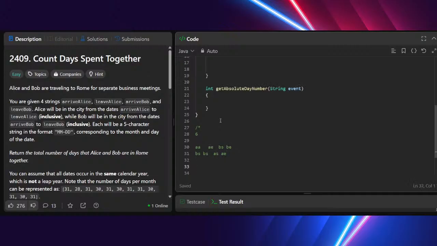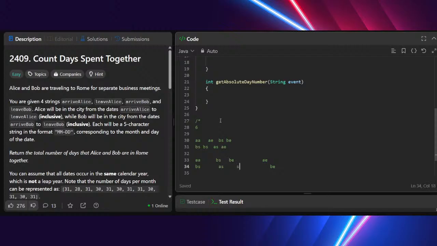One could be Alice here, Alice end here, and then Bob somewhere here, and then Bob somewhere here. And the other way could be, you know, Bob starts, and in between Alice starts, and then Alice ends, whatever. But the thing is, one of them will come first, right? Whoever comes first, if they leave before the other person comes, so